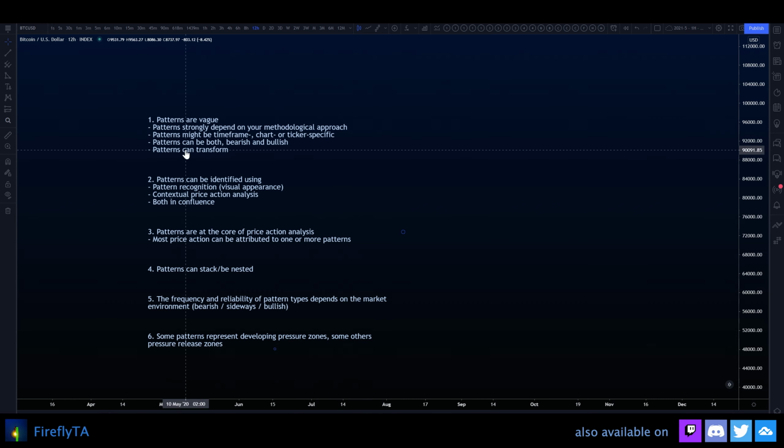And as you can see, just talking about the first aspect, patterns are highly difficult to grab, to define, because there are so many factors making it difficult to come to a consensus on what kind of pattern you're looking at and if it's bearish or bullish. This poses some problems. It gives us troubles explaining our TA,